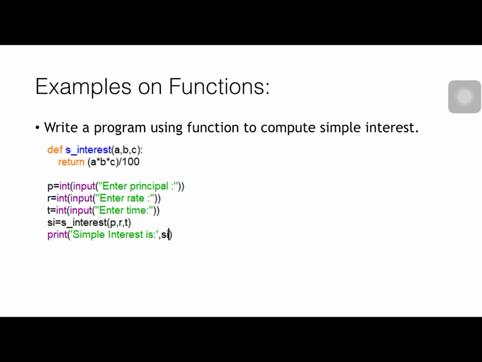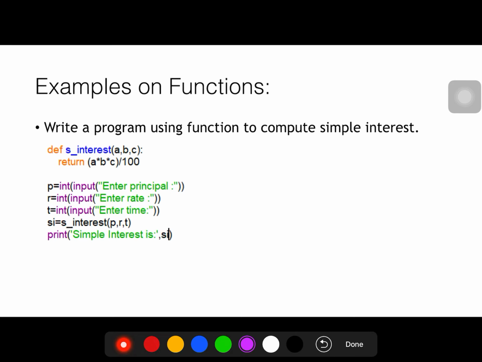Now what will happen? Firstly, this first line, as we know, Python interpreter goes on executing our statements from top down. Firstly this line will execute, then the body will get skipped, then this line will execute, then this line will execute, then this line will execute. Now there are three variables p, r and t, which will get input from the user. Then